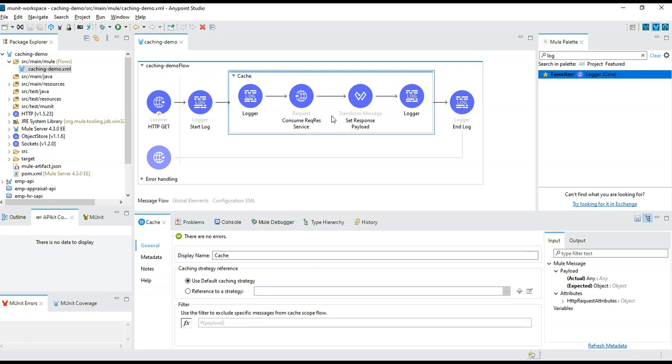The second time, if I make the same request again, it generates the key for the same request and sees that the key exists in the cache. Then it will respond back with the stored response instead of hitting the service again. Let's see that.